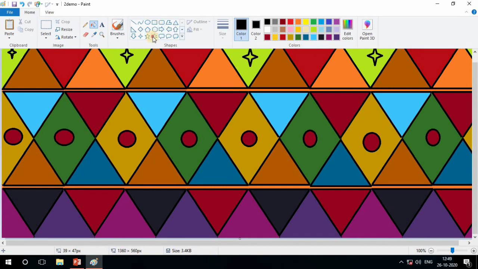Now another shade, which one? I think I should take this shape, black color, and then draw it. Draw it and put it where you want in the design. You can see here I am doing this.